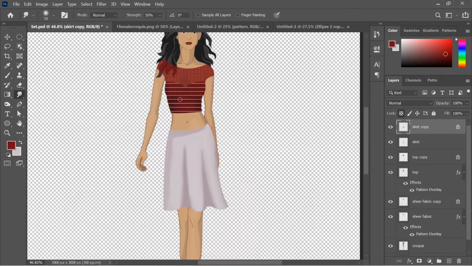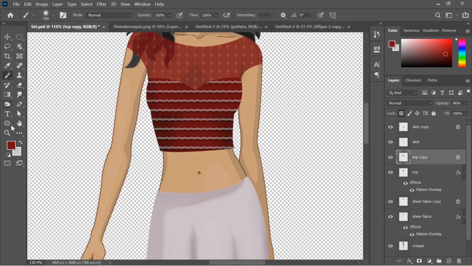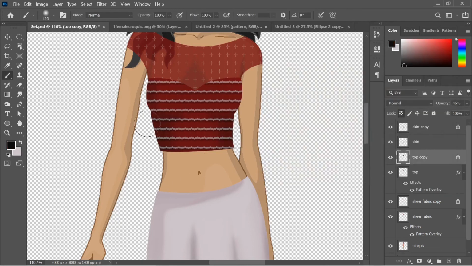If you want your shadows to be enhanced, then instead of using the burn tool, you can use a brush tool. Give a black color. See, like here.